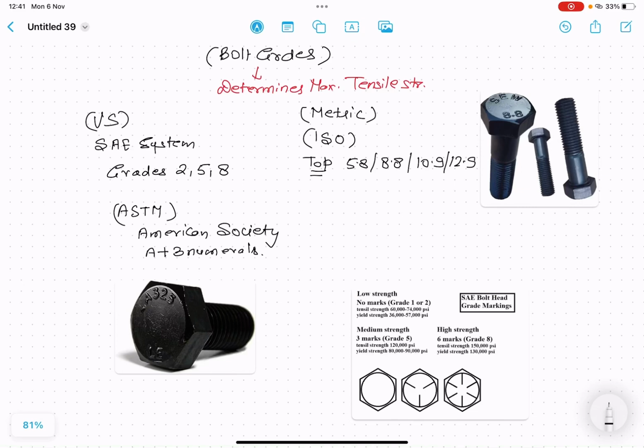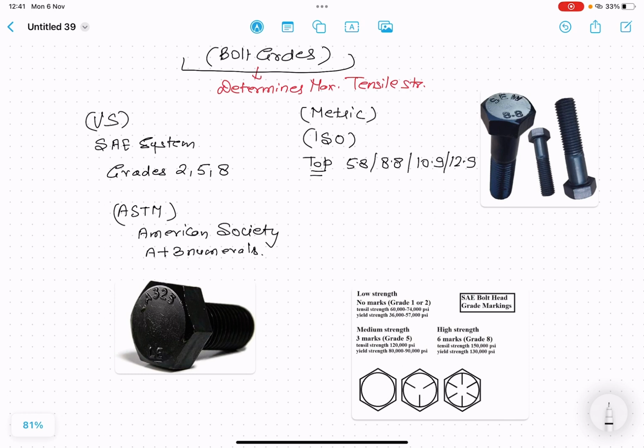Hello friends, in today's lecture we will discuss bolt grades. The method used for tightening the bolt is dependent upon the bolt grade. Basically, the bolt grade tells us the maximum amount of stress that the bolt can handle. So in this lecture we will discuss the bolt grades, which are based upon the maximum tensile stress that